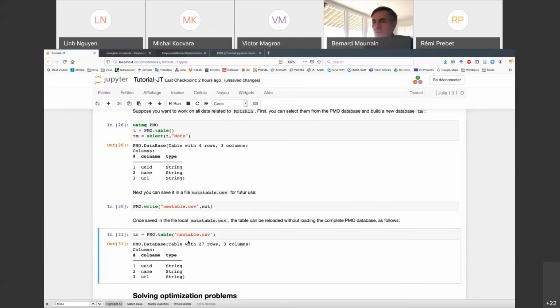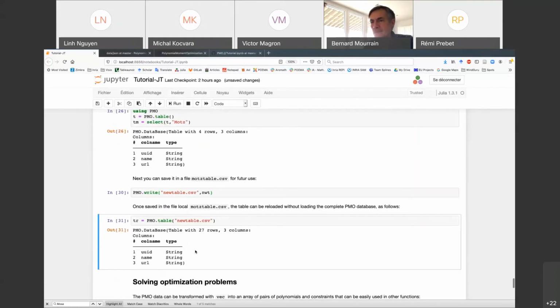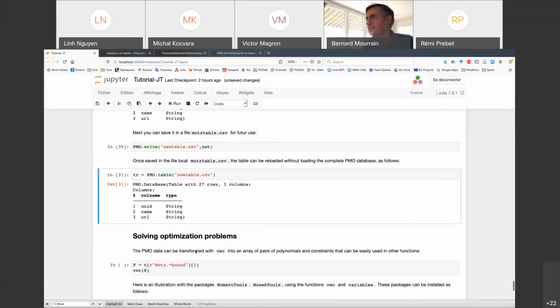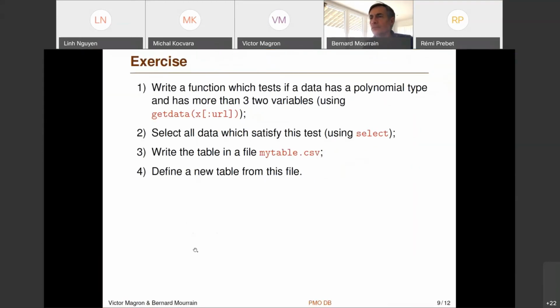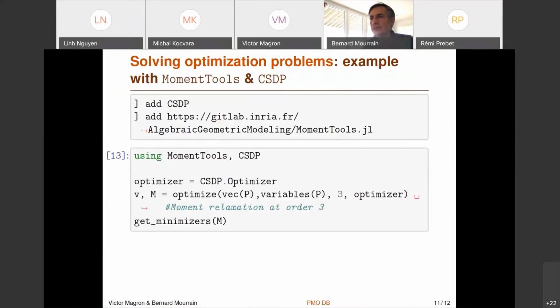So it's a way to select data for instance for benchmarking, evaluation, running tests, and so on. Okay. Do you have questions at this point? So I will finish with some examples of how to use